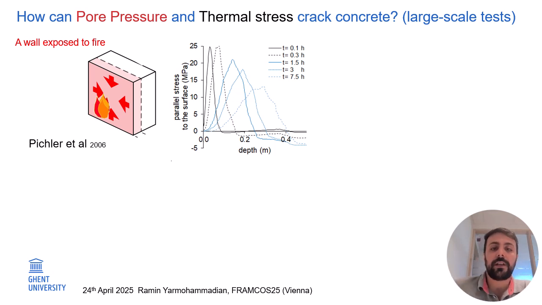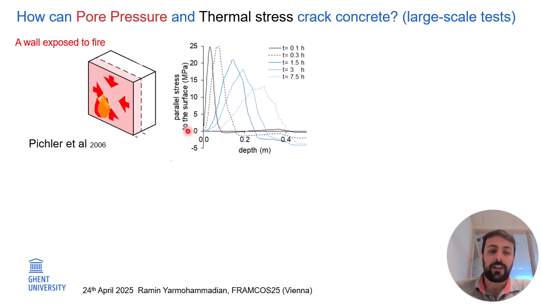So the question is, if it is so easy to just combine thermal stress with the pore pressure, why don't we do it in the normal cases? And the answer is, unfortunately, in normal cases, we do not have such an easy way of combining pore pressure and thermal stress. In a normal structure, we usually have a wall which is heated on a side. So we have 1D heat transfer, let's say, and this produces biaxial compression. And this biaxial compression is not in the same direction as the instability.